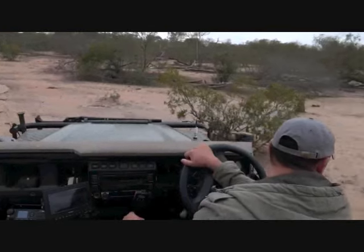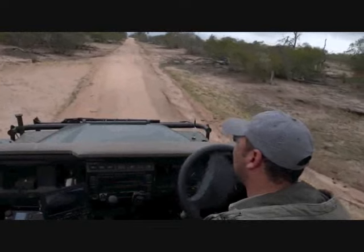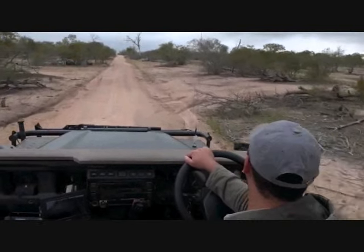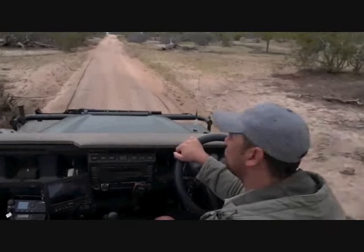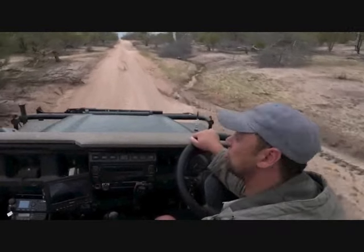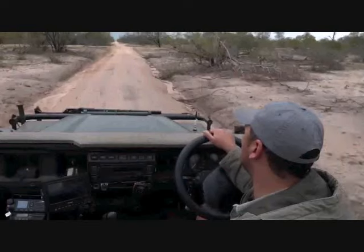James has asked a very interesting question. James would like to know, would an African Harrier hawk be able to raid a den of a genet? Genets do sometimes leave their young in holes of trees and that. Would a young genet be too big for an African Harrier hawk? Would they be able to raid a nest or a little den almost for these genets? It's a good question, James, and I'm not sure, to be honest. I've never heard of an African Harrier hawk raiding the nest of a genet